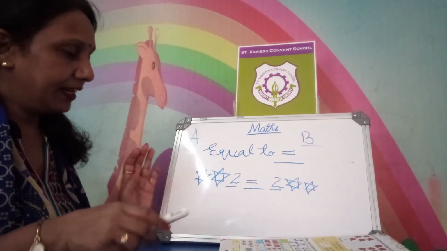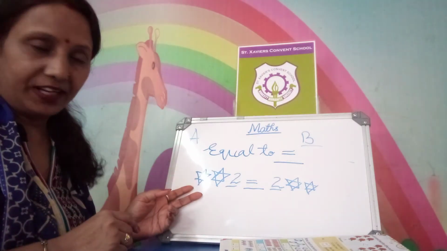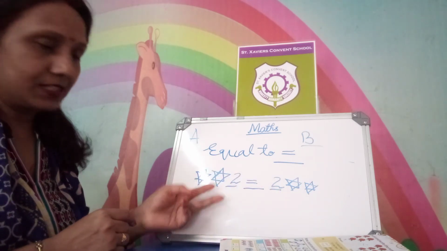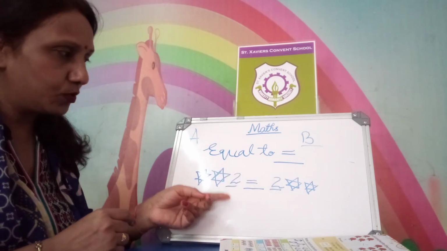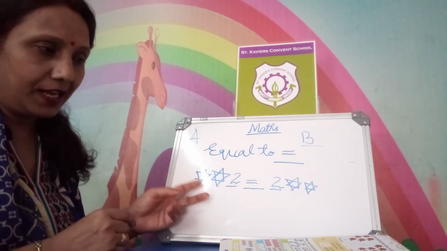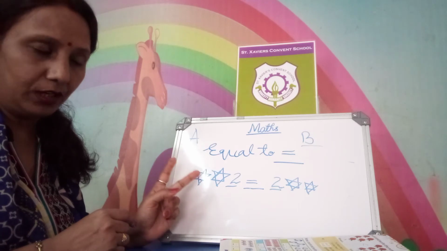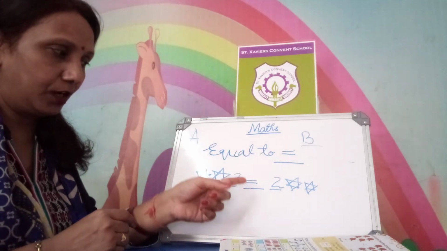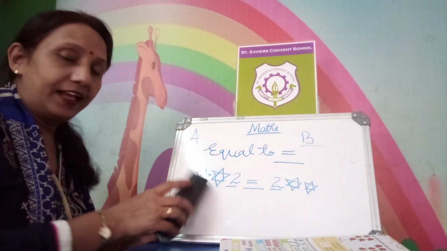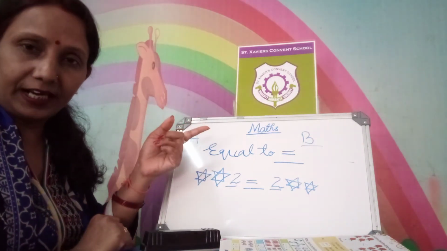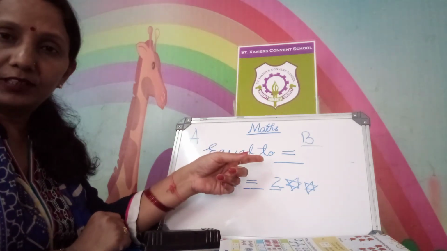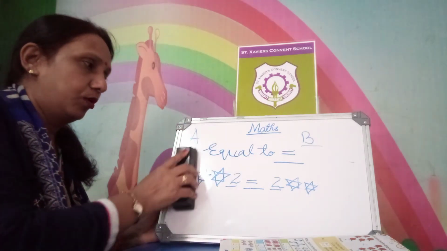There is no difference like greater than and less than. Both the sides are equal. This one is the sign of equal to. Where the things and digits are equal, we will put this sign equal to. If there is greater and less than, that time we will put the greater than or less than. If the things are equal, there we have to put the sign of equal to. Got it?